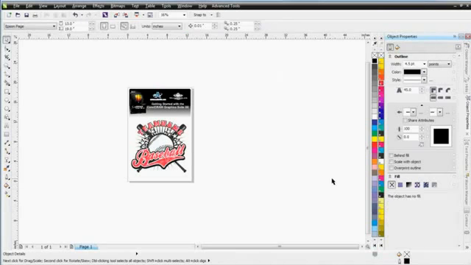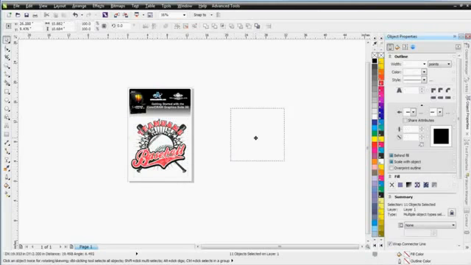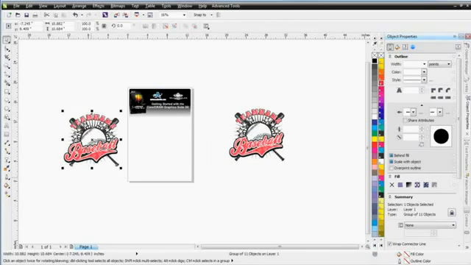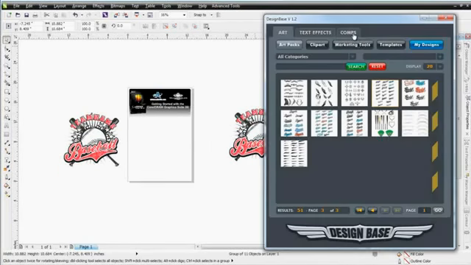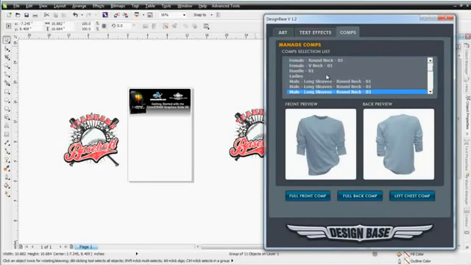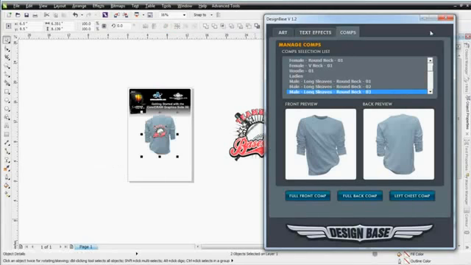Next thing I'd obviously want to do is get a comp to my client. Go ahead and bring this over to one side. I'm going to group everything here, duplicate this over here, and go to my design base. I'm going to go to my comps, come down through here and get a male comp, and I think we'll do this as a full back, and I'll go with this one here. I've got this selected, so I'm going to go full back comp, bring that in,